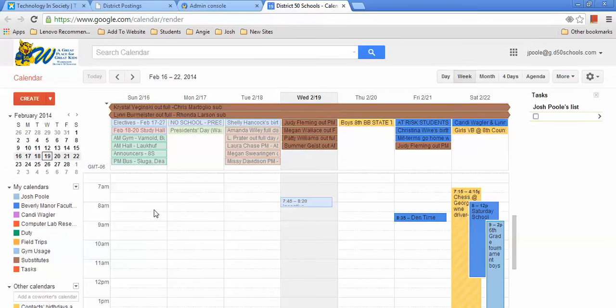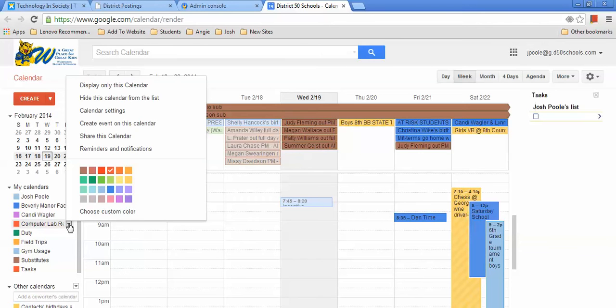Okay, let's just walk through some of the features of the calendar itself. All the calendars that you have or are shared with you will be listed in this region right here on the left side. So let's go through and take a look at some of these different things. If we're looking at the calendar for, let's say, the computer lab, I'm going to click the down arrow,